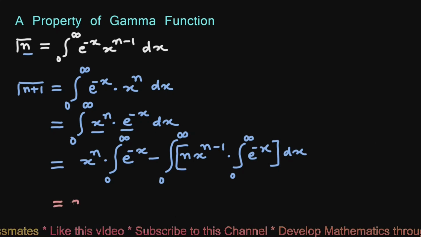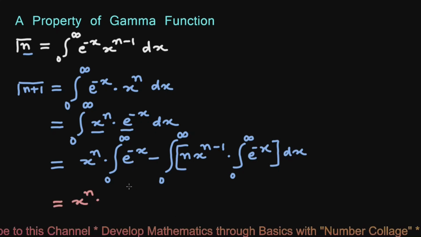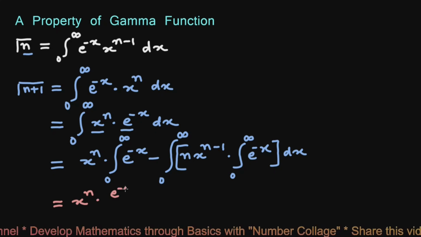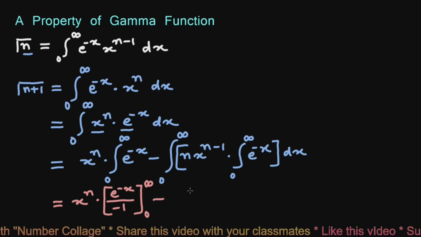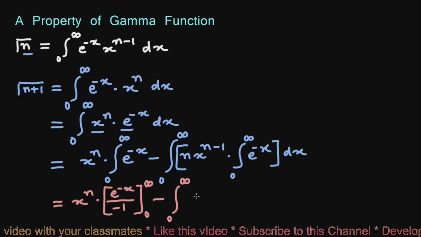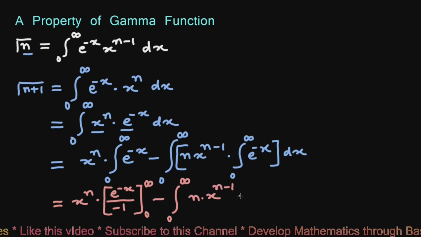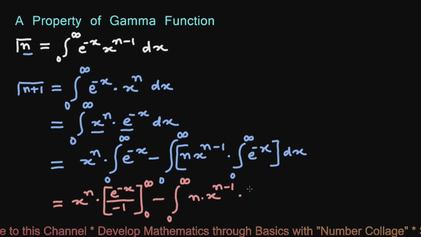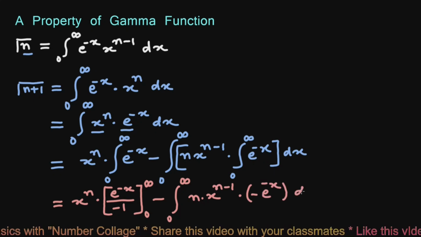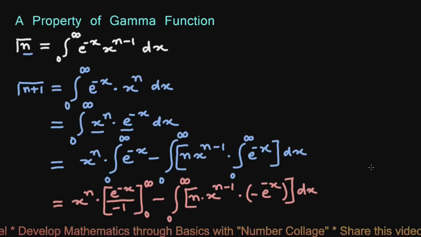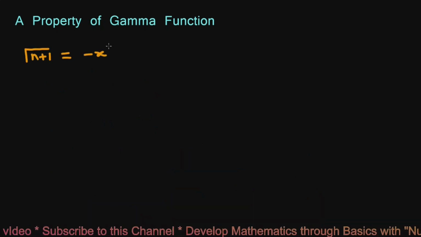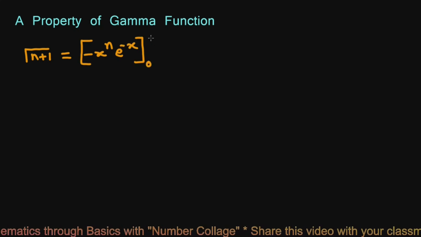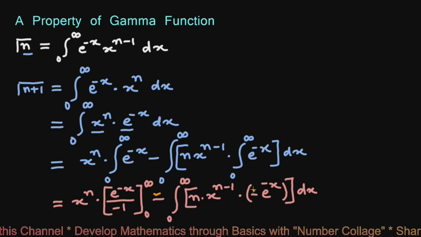Now this will be x raised to n into integration of e raised to minus x, which will be e raised to minus x upon derivative of minus x, that is minus 1, from 0 to infinity, minus integral from 0 to infinity of n x raised to n minus 1 into integration of e raised to minus x, which is minus e raised to minus x dx. Now this we will rewrite as gamma n plus 1 equals minus x raised to n e raised to minus x from 0 to infinity, plus, since this minus and this minus will become plus,